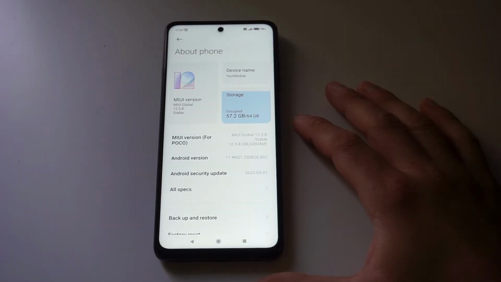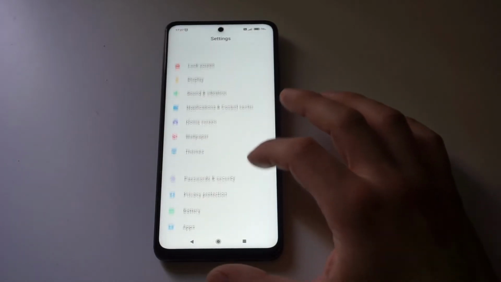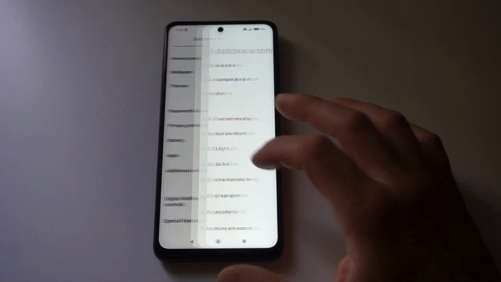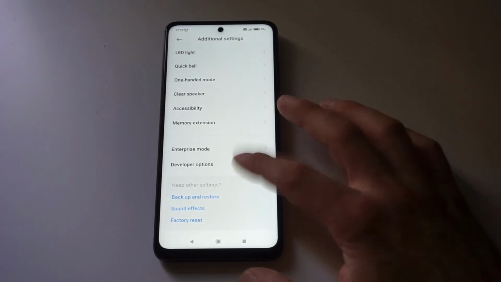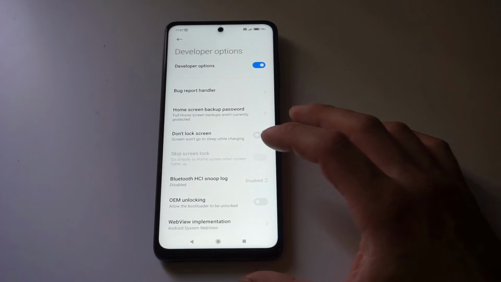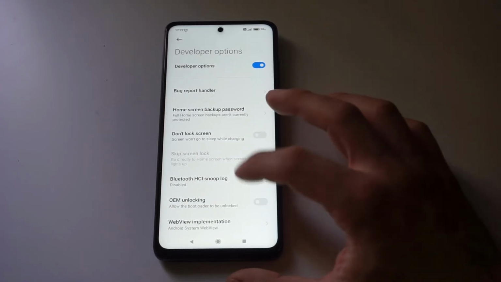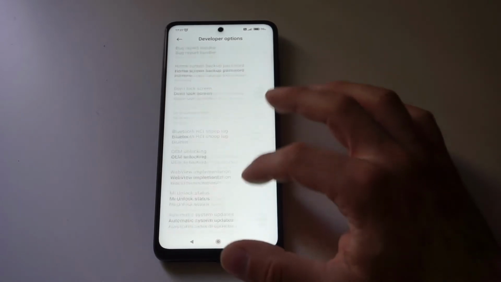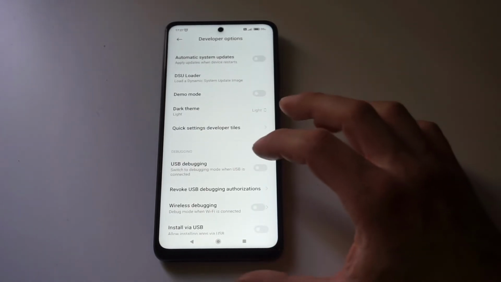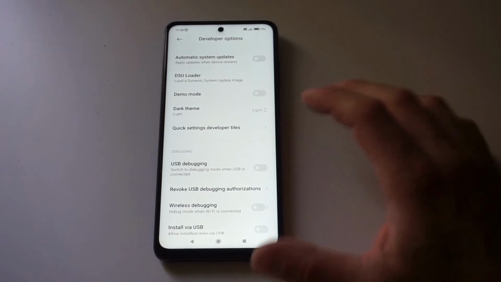And now we go back to the main settings menu and then scroll down to additional settings. After that, scroll back down, and here you can find the developer options. So now you can start using developer mode. For example, enabling USB debugging to root your phone. Like here you can find USB debugging, or tweak some settings here to make your phone faster and more energy